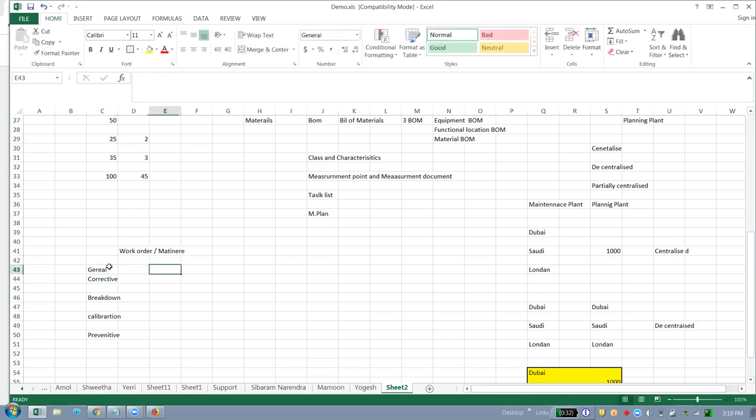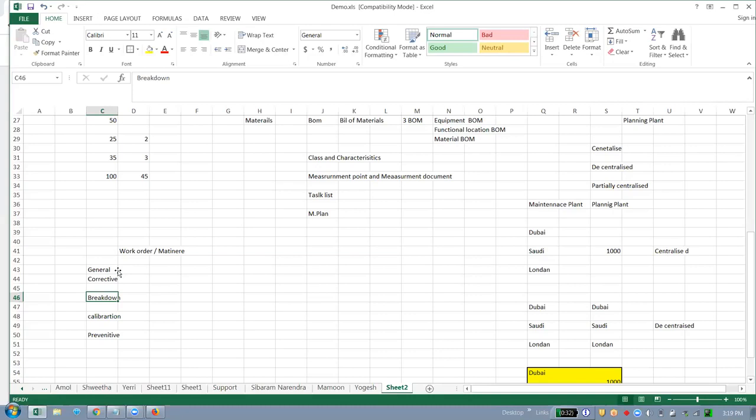General maintenance means it is routine maintenance. There is no issue, everything is working fine, but we are thinking, okay, we will do some work on this. There is no issue, but we need to carry out some maintenance. That is called general. Corrective maintenance means there is some issue, something is not working properly, so that which is not working properly should be corrected. That is called corrective maintenance. When something is not working properly and we are not getting the 100% required output, to solve that issue we are doing this corrective action. That is called corrective maintenance.